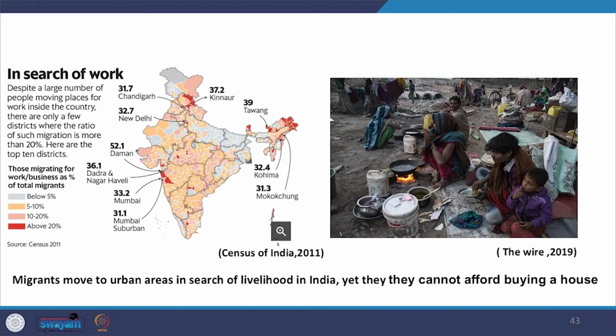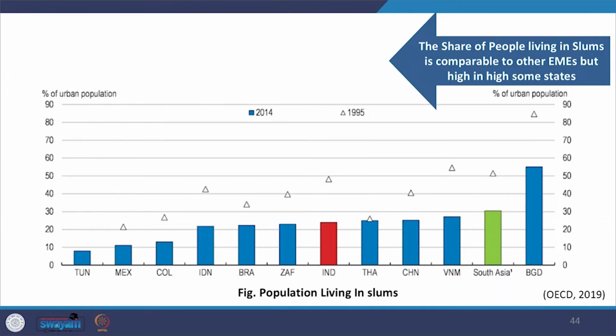Ongoing urbanization and particularly rural-urban migration has been intensifying the demand for affordable housing, especially at the low end of the market. Many workers who migrate from rural to urban areas to work end up in slums as they cannot afford buying a house, and the rental market is not well developed. The share of urban population living in slums is considerable in the country, though it has drastically reduced since 1995.